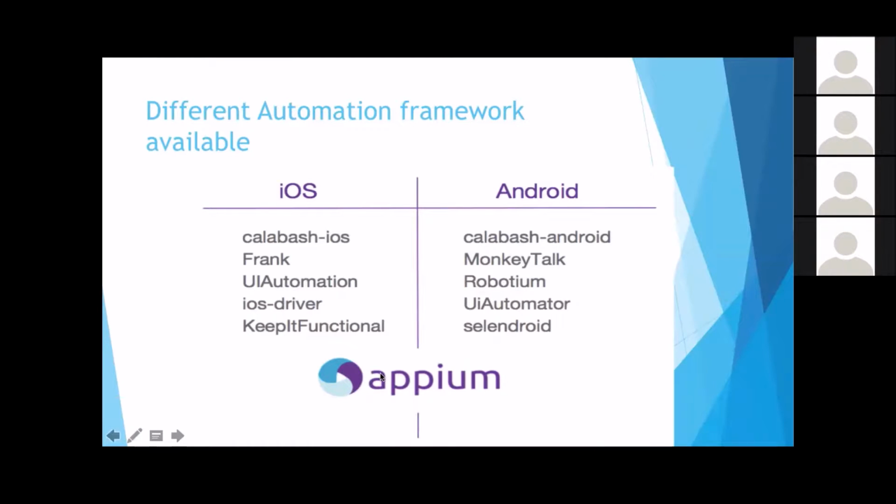First of all, I have worked on Frank, I have worked on UI automation, I have worked on Monkeytalk and Robotium. The first problem is that some of them are not available for both the iOS and Android platforms. So you need to have a different automation framework for iOS and a different one for Android. Plus, some of them are really targeted to a particular language. So you need to know Ruby, Perl, Python, or Java, or whatever.